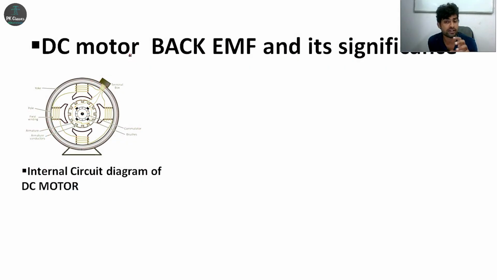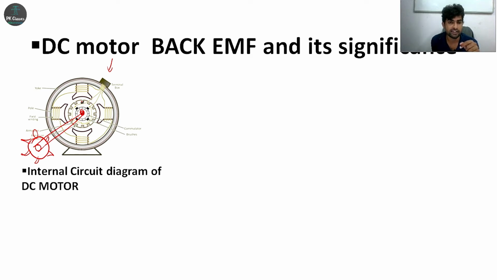Before going to study back EMF, we must know how exactly EMF is generated in the generator, right? I just consider this diagram as a generator. We can consider a motor also, because the construction is the same for motor as well as generator, only the working and operation are different. I just connected one turbine over here because the generator needs mechanical input, right? This is a turbine coupled with the shaft. If I rotate this turbine, what happens is this complete rotor will rotate, right?